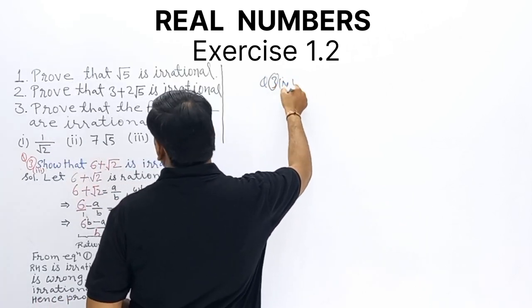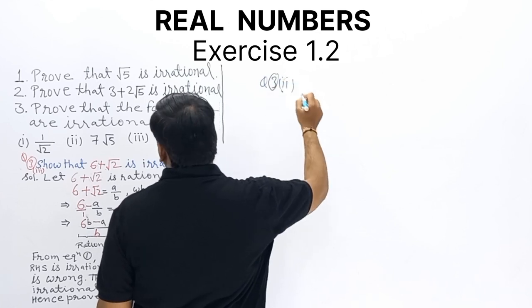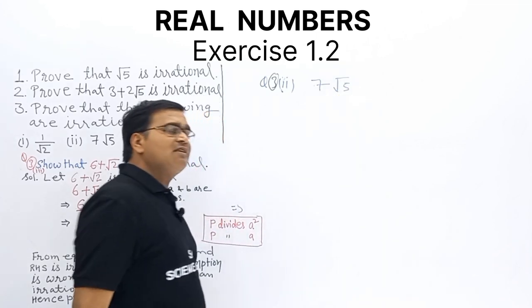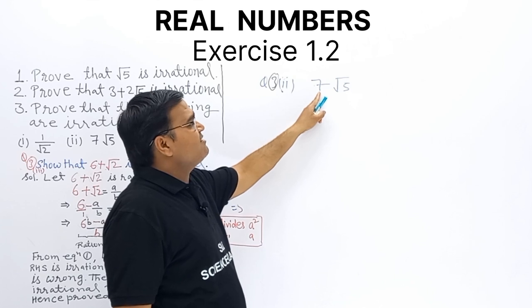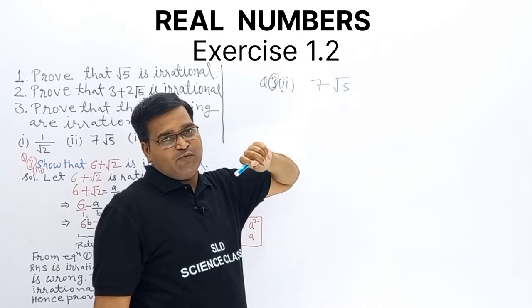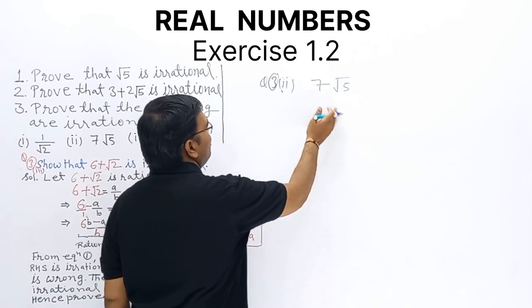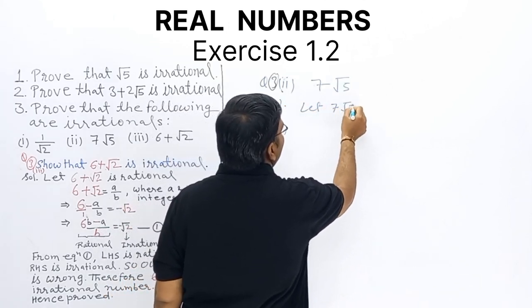Fourth one. Not fourth one, second one. This question is the second one: 7 root 5. This is irrational. Why? Because the product of a rational and an irrational is irrational. We know the operations of real numbers. Clear? So what will the solution be? Let 7 root 5 be